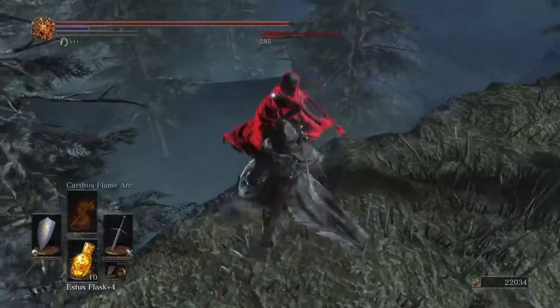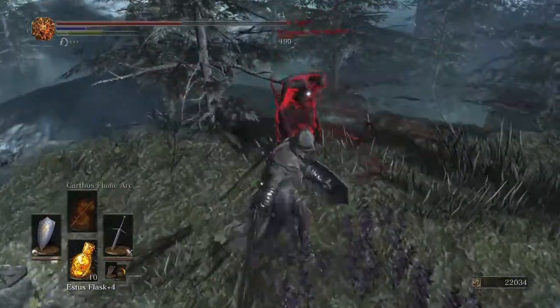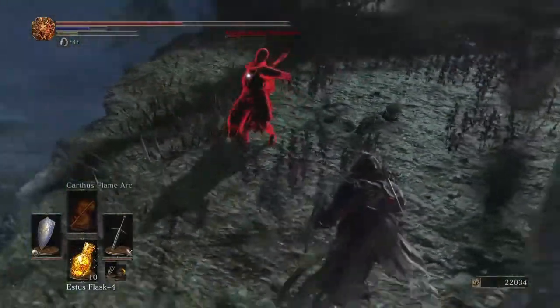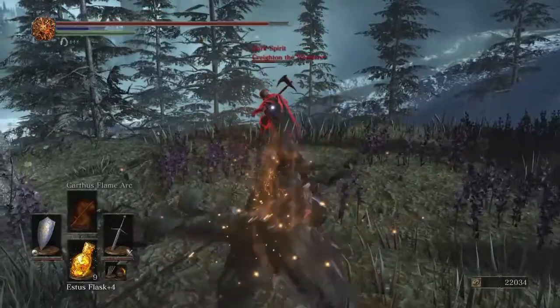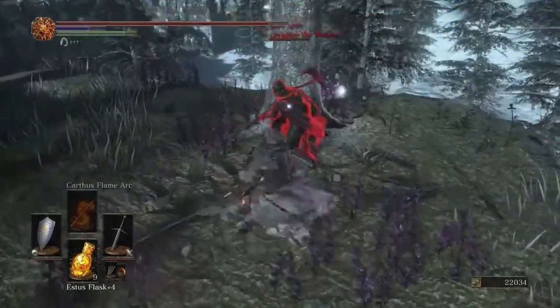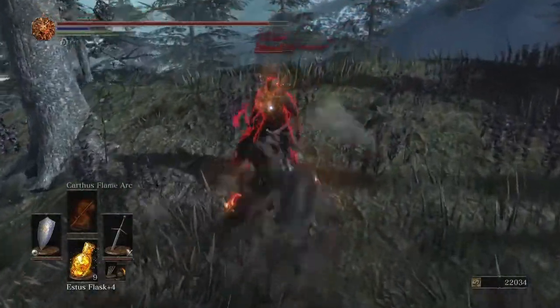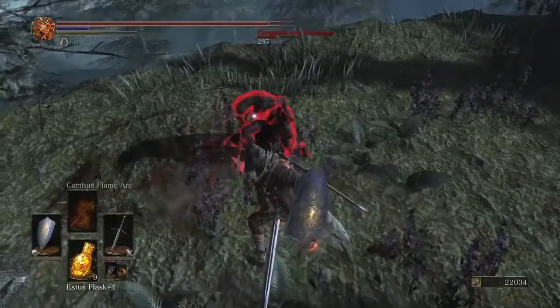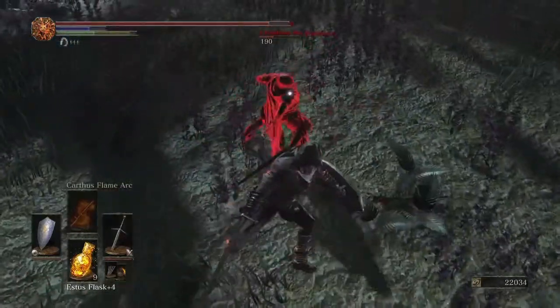Again, R1, R1, R1. When it comes to NPCs, there is nothing, there really is no strategy, I guess. I'm trying to get him as close to the edge as I can, and then hoping I can hit him off. So yeah, this guy heals a lot. I think he has 3 Estus or 2 Estus. No, 2 Estus, and he has a